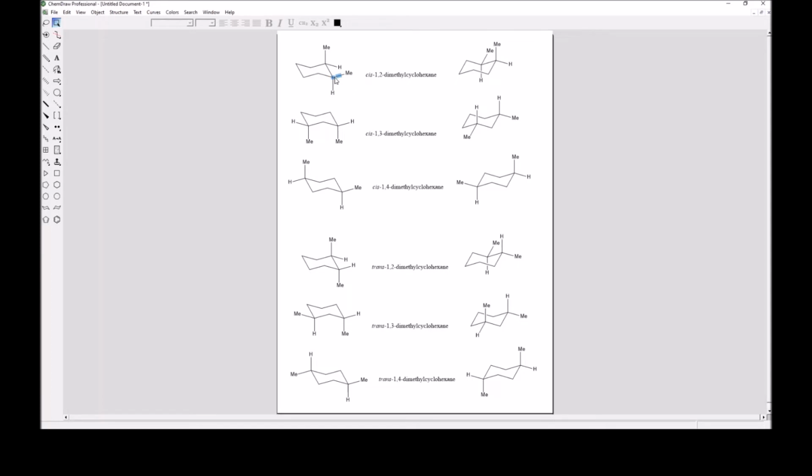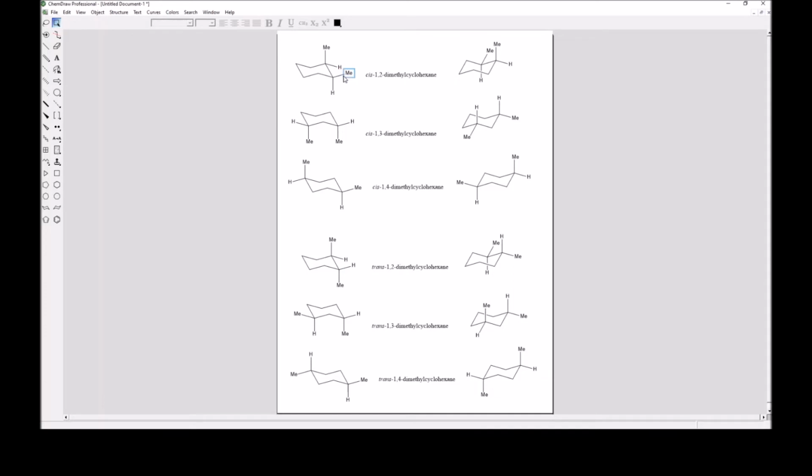To get from cis 1,2-dimethylcyclohexane to cis 1,3-dimethylcyclohexane, I would have to pop this methyl group away from this carbon, move it to an entirely different carbon, and reattach it. And that's the definition of a constitutional isomer. So these 3 are all constitutional isomers of each other. The stereoisomers are where we compare the top line of the cis with the top line of the trans. So cis 1,2-dimethylcyclohexane and trans 1,2-dimethylcyclohexane, those are stereoisomers of each other. Cis 1,2-dimethylcyclohexane is a constitutional isomer with trans 1,3-dimethylcyclohexane, because to get from this compound to this compound, I would